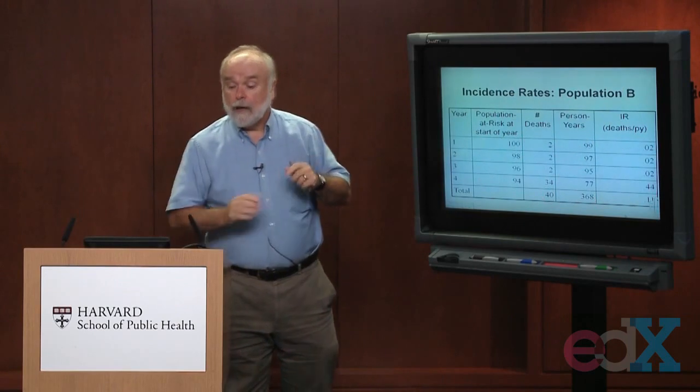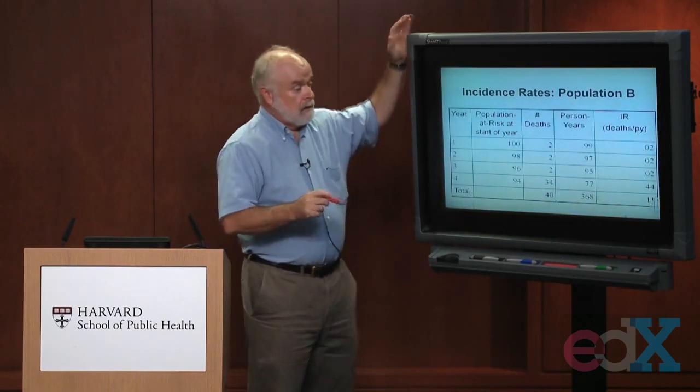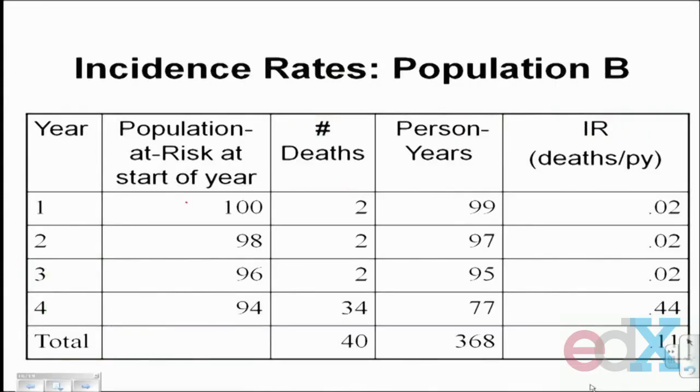We can do the same thing for population B. Different 100 people, 2 of them die during the first year, 98 don't, 98 people give me a full year, 98 person years. Those 2 people who died each give me a half a year, and totally give me another year. They give me a total person time of 99 years. Incidence rate would be 2 cases divided by 99 person years, or 0.02 cases for every single person year,